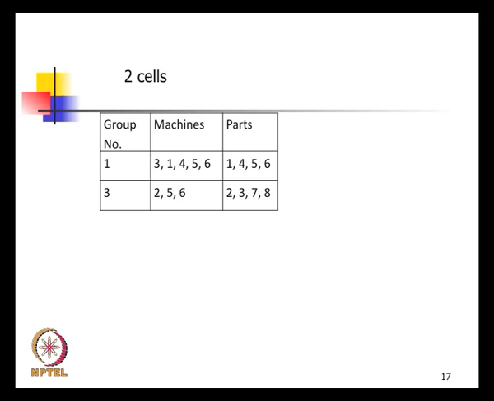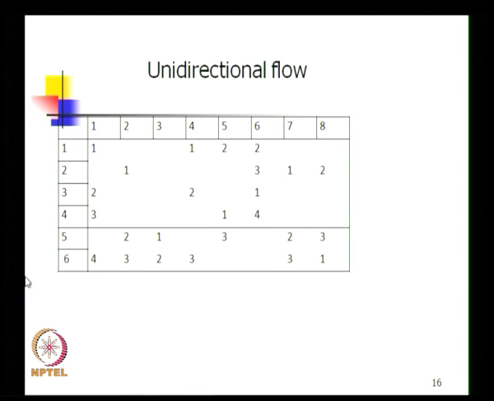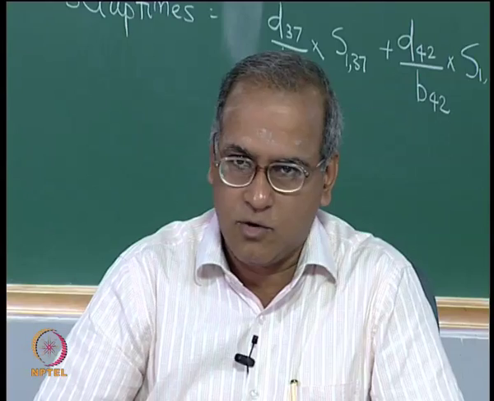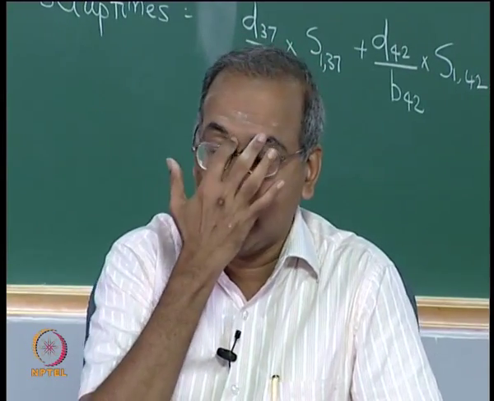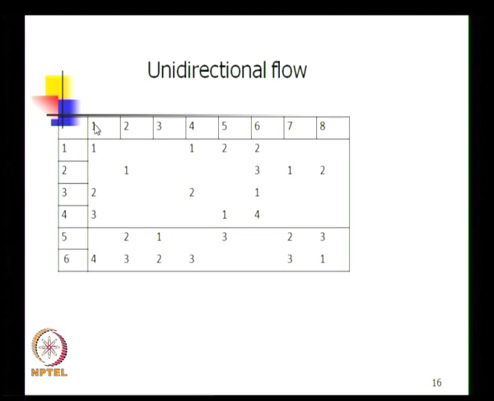So, part 1, the sequence is machine 1 and then 3 and then 4 and then 6. These numbers represent the sequence or order of visit of the parts on the machines. Now, the machine component incidence matrix is created in such a manner that it is not a binary matrix, it is not a 0 1 matrix. We are capturing the incidence data. For example, this component visits this machine, this component does not visit machine 2. So, incidence data is captured,